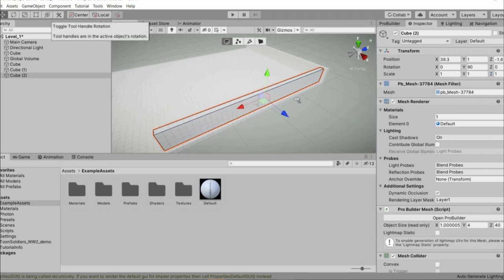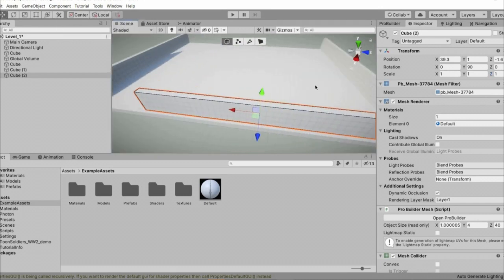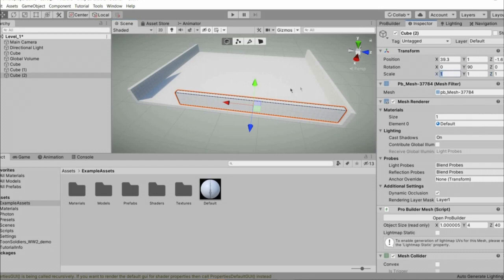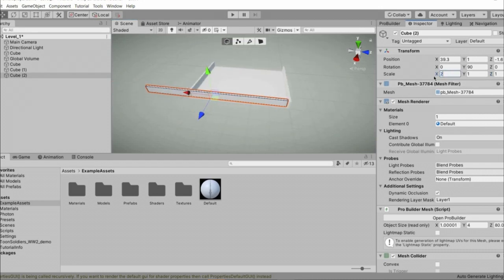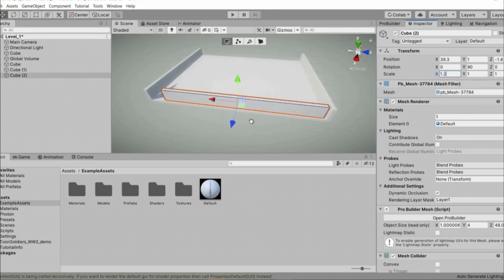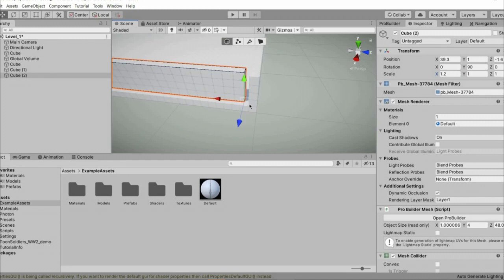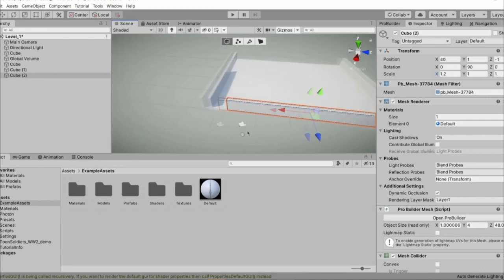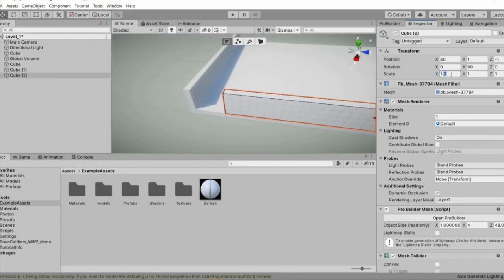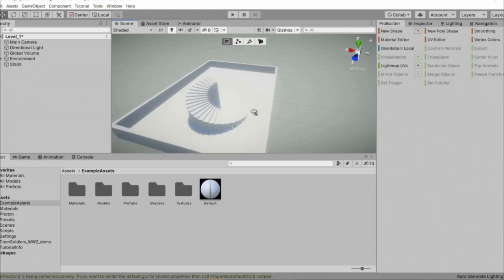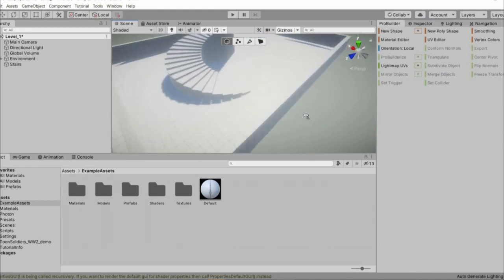So what you have to do is click over here so that we can take a look at the local axis. So for the local axis we need to make it 2, or 2 is quite big, so let's make it 1.5, and 1.5 is also too big, so make it 1.2. Okay, let's first snap it over here, and then let's increase the size. As you can see, I just fast forwarded the video, I just cut the scene,